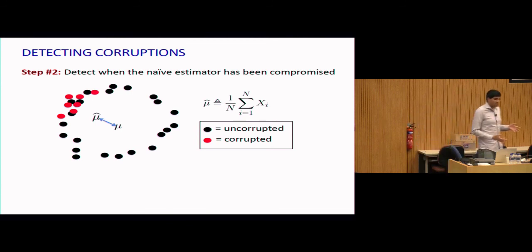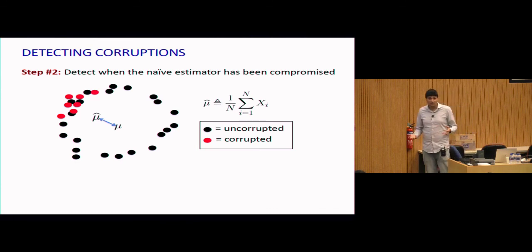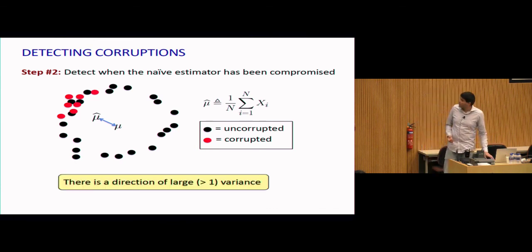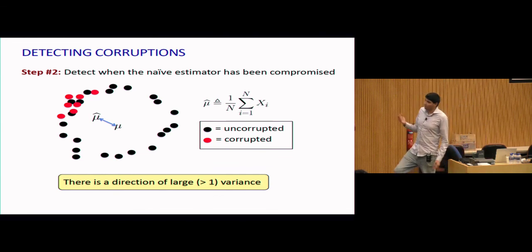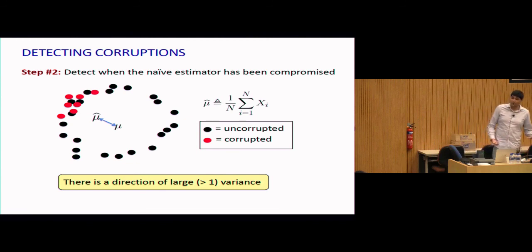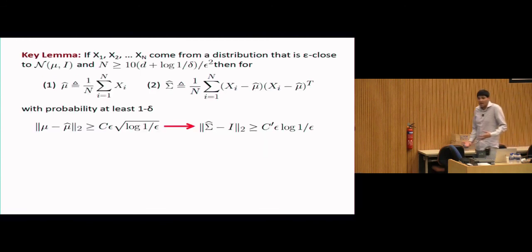But here what I claim is that if the adversary really has moved the empirical mean that drastically in some hidden direction, there actually is a way to detect that the adversary has corrupted our data, that he's tampered with things, because it comes down to the second moment. The only way that the adversary could have really drastically affected the empirical mean that way is if he affected the empirical variance along that direction too. Whatever direction he moved mu hat along, if you look at that one direction, the variance is going to be much, much larger than 1. And we know that that shouldn't be the case if our data really was coming from a spherical Gaussian. So this now becomes exactly the approach that we're going to try.